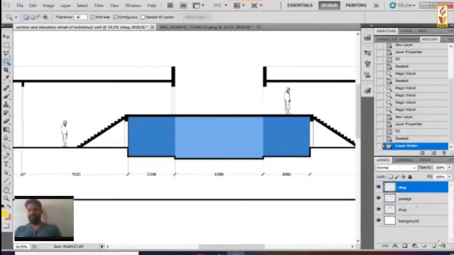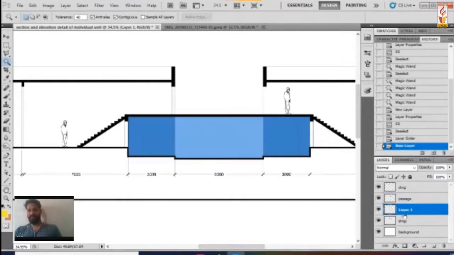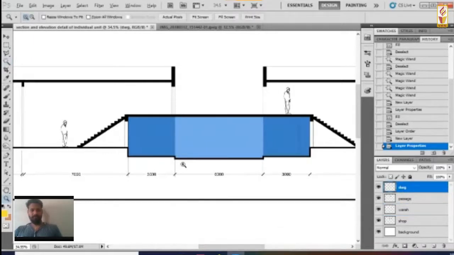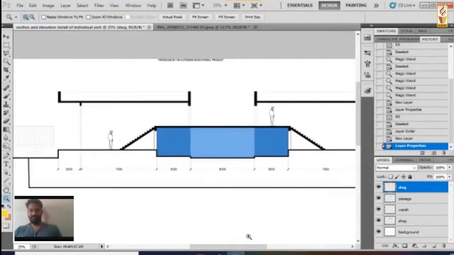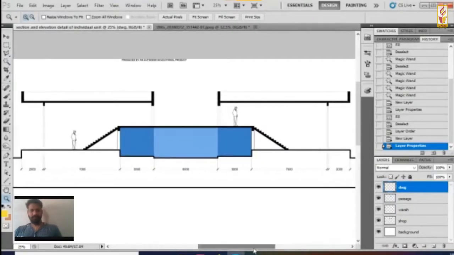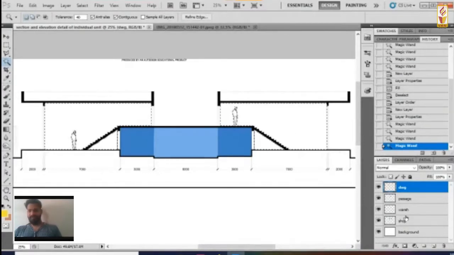All right. I'm going to add another layer. Whenever you select a layer and you say new layer, it always adds the layer on top of that layer. All right. I'm going to make this warehouse. Okay. And I'll go back to my drawing layer. I'm selecting my drawing layer. Let me just zoom out a little so that I can see both warehouses at the same time. All right. I'm on the drawing layer, so I can use the wand tool and Shift-select all of these 4 spaces. Now I'll go to the warehouse layer, Shift F5,